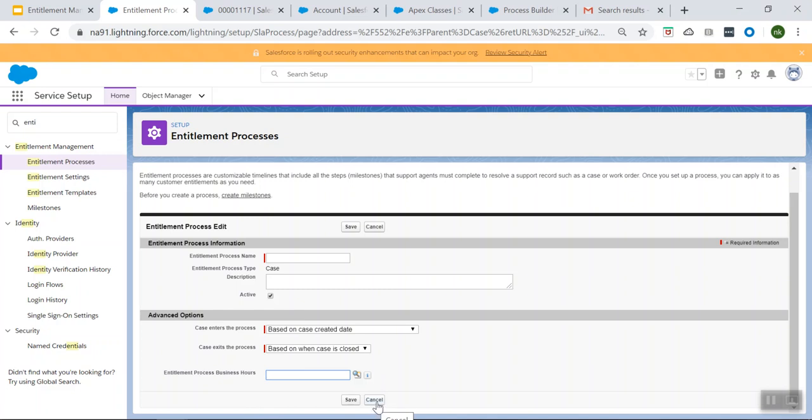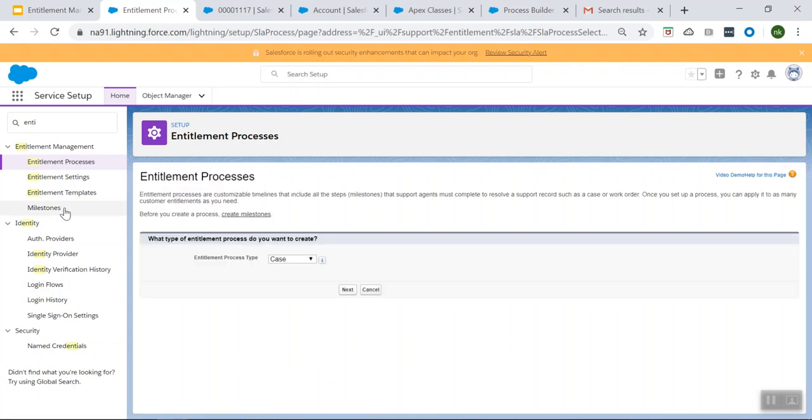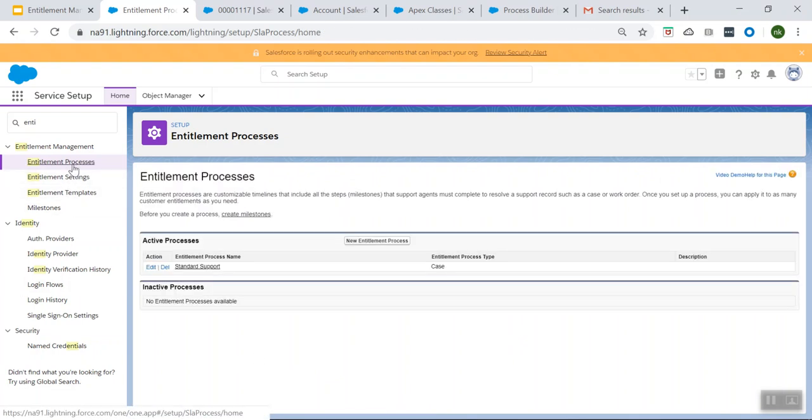Once you do that, the first step is that you created the entitlement process. After you create the entitlement process, you have to create a milestone. What is this milestone? Milestone represents the required steps in our support process. So let's consider an example. Suppose you have a high priority case, and as soon as a customer who is entitled to phone support calls in, your customer representative lifts the phone and understands that the case is a high priority case,